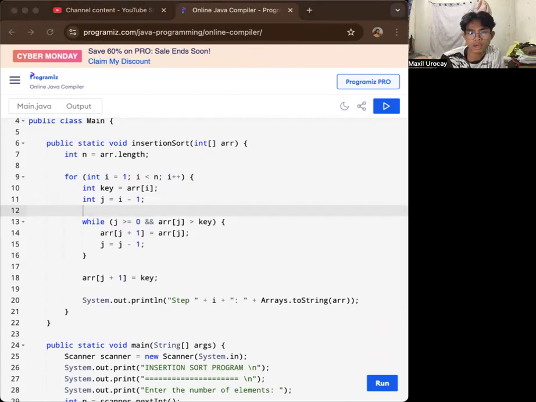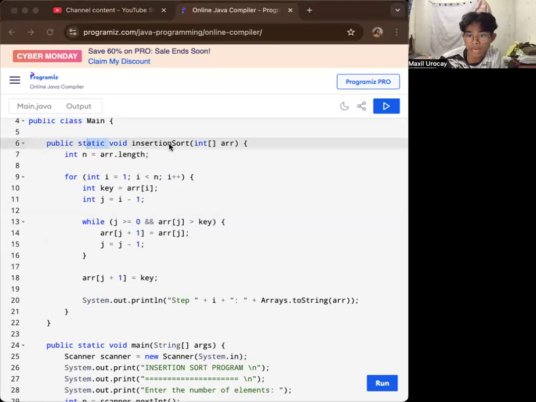For the next part, I have the public static void insertionSort. I use this to define a method insertionSort. It is public, meaning it can be accessed from outside of the class, and static, meaning it can be called without creating an object of our Main.